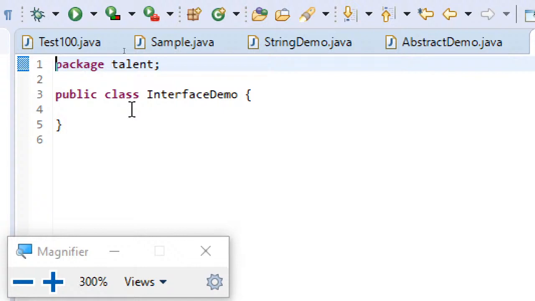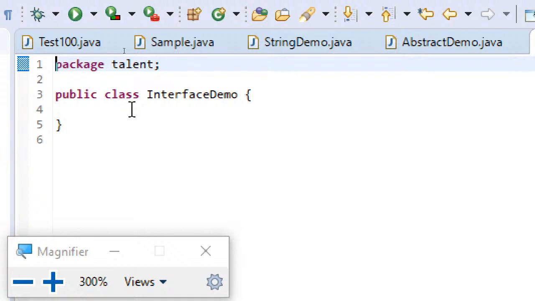What you can do is create n number of interfaces, and then make your class inherit from all these interfaces at a time. Your class can inherit any number of interfaces. For achieving this inheritance in Java, Java provided two keywords, extends and implements.